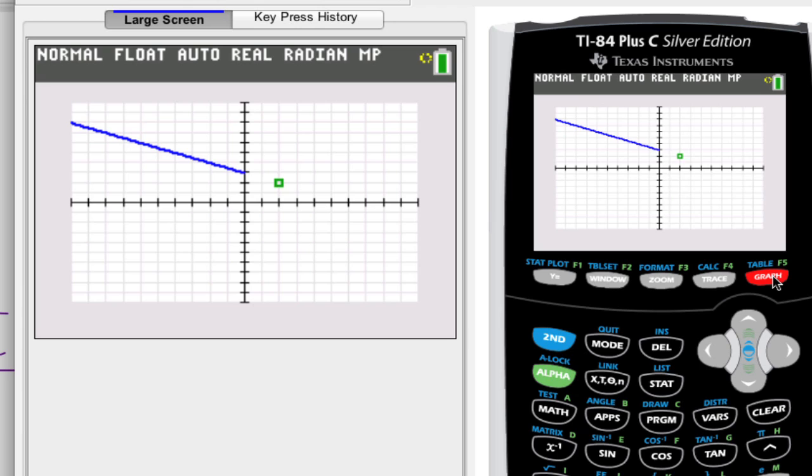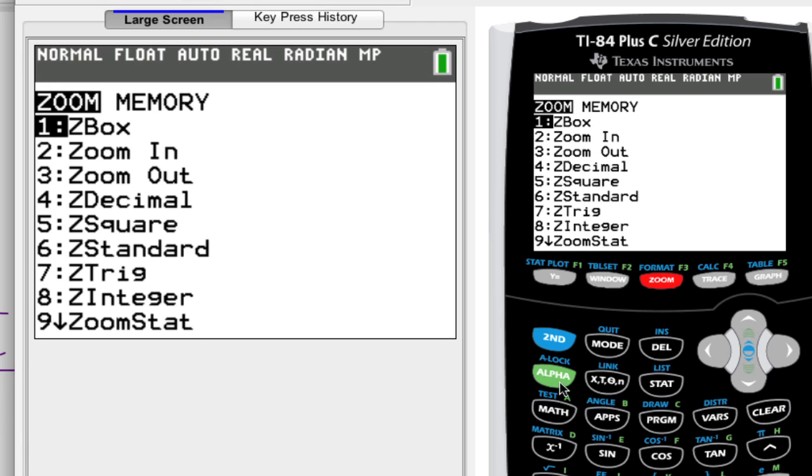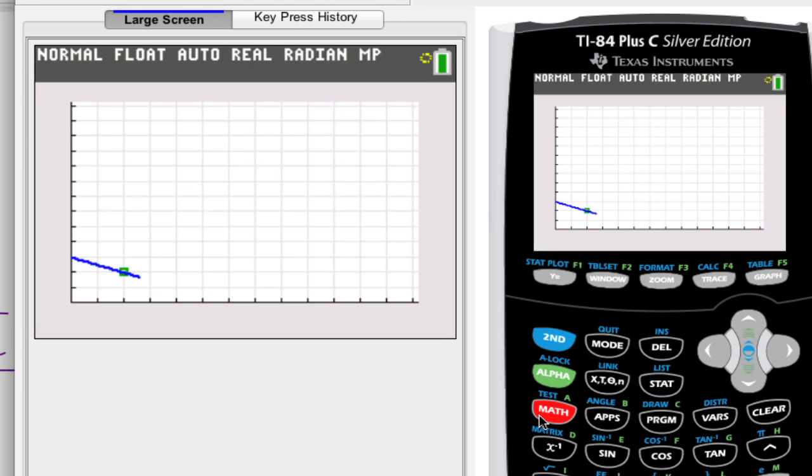When it graphs, we see it's going to draw the two linear equations in red and blue. And notice in the green I have a box around the intersection. Let's go ahead and zoom in on quadrant 1. So let's zoom, and then if I hit alpha and then A, that takes me to just quadrant 1. So we've got a nice little close-up here.